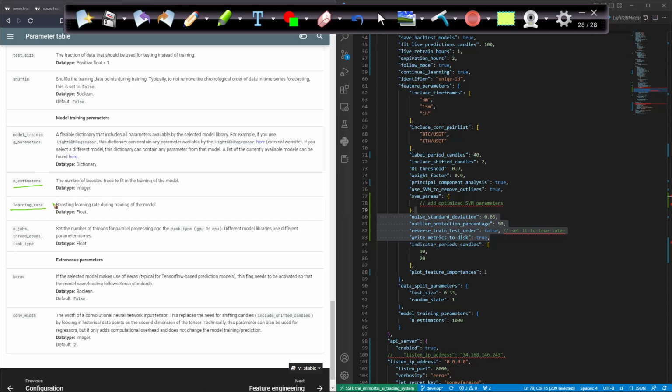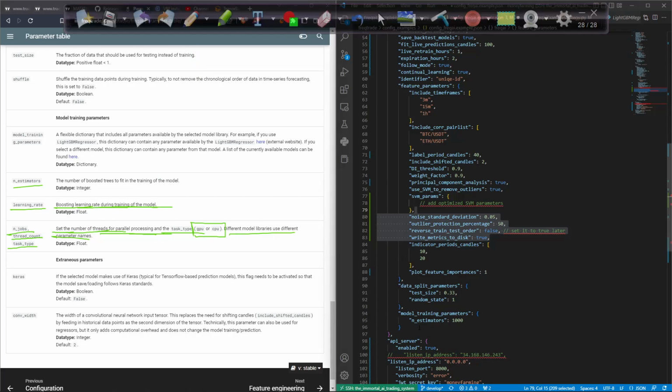Now we have learning rate, which is a boosting learning rate during training of the model, which by default is good. Now we have n_jobs, thread count, and task type, which set the number of threads for parallel processing, and the task type, GPU or CPU. Different model libraries use different parameter names, so I can go ahead there and add it, right? So I can go ahead and say